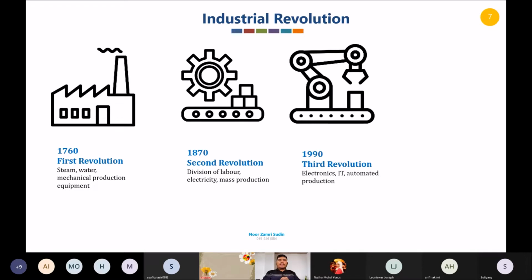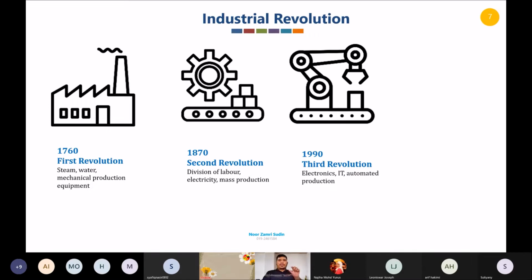This is the main concern of people worldwide, because they think technology will replace humans in the working area. This is more or less true. Unfortunately, I have to say that this is true. Robots will replace humans. But that's why HRDC came out, and not only HRDC, a lot of training centers also came out with Industry 4.0 technology courses, so that we will still have jobs in the future. We can secure our jobs.